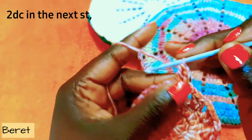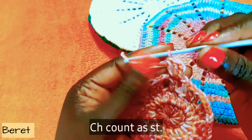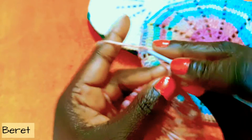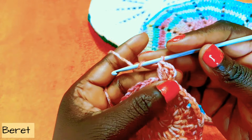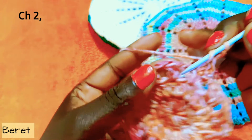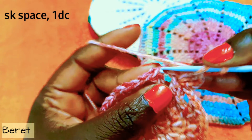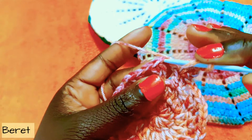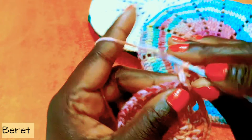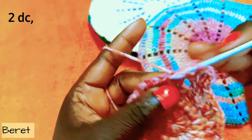and do 2 double crochet. Remember, our chain counts as a stitch. So on this row we have 3 double crochet. So you chain 2, you go to the next. So you're going to do just on the stitch there, you do double crochet and go to the next stitch and do 2 double crochet,